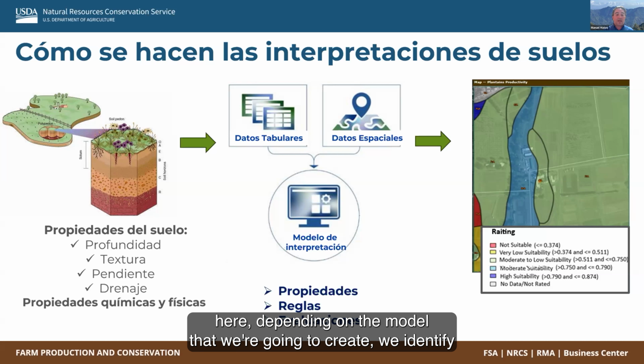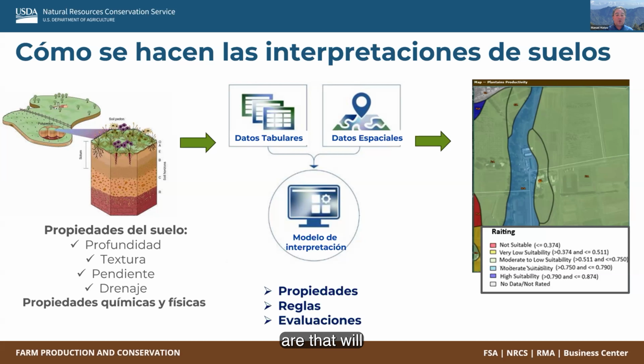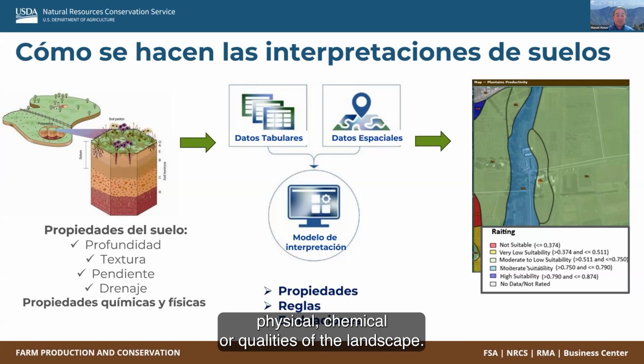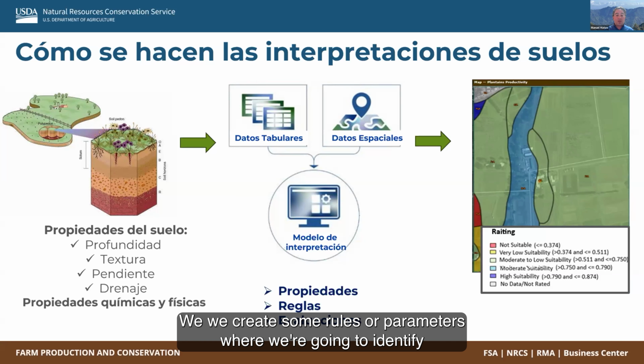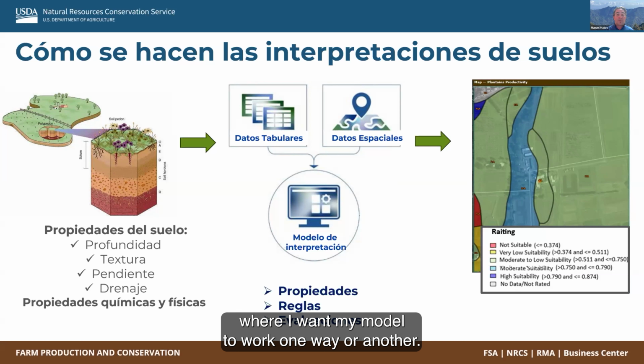Depending on the model that we're going to create, we identify the specific properties that will bring a change within the model or its use, be they physical, chemical, or qualities of the landscape. So we identify the properties, and we create some rules or parameters to identify up to where that range goes, where I want my model to work one way or another.